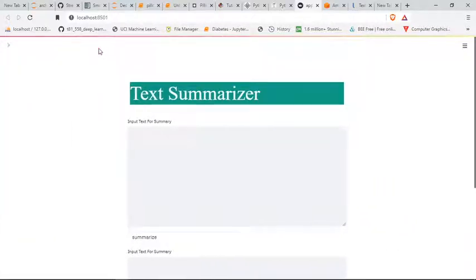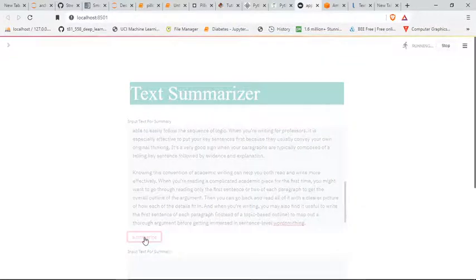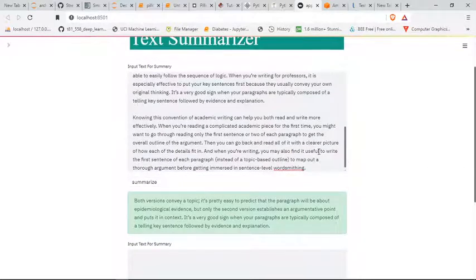So let's start with the first functionality of the project, that is text summarization. Text summarization means to get a small description of your idea. For example, I gave some text here. So this is my input section. So this is my text. If I click on the summarization button, then I get the summary of this text. So this is the summary. This is the summary of that text.